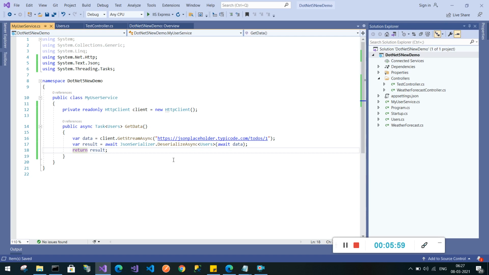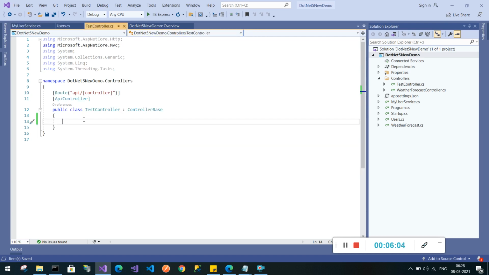Next we will go to the controller class. Here we will create a property, public readonly, my user service underscore user.